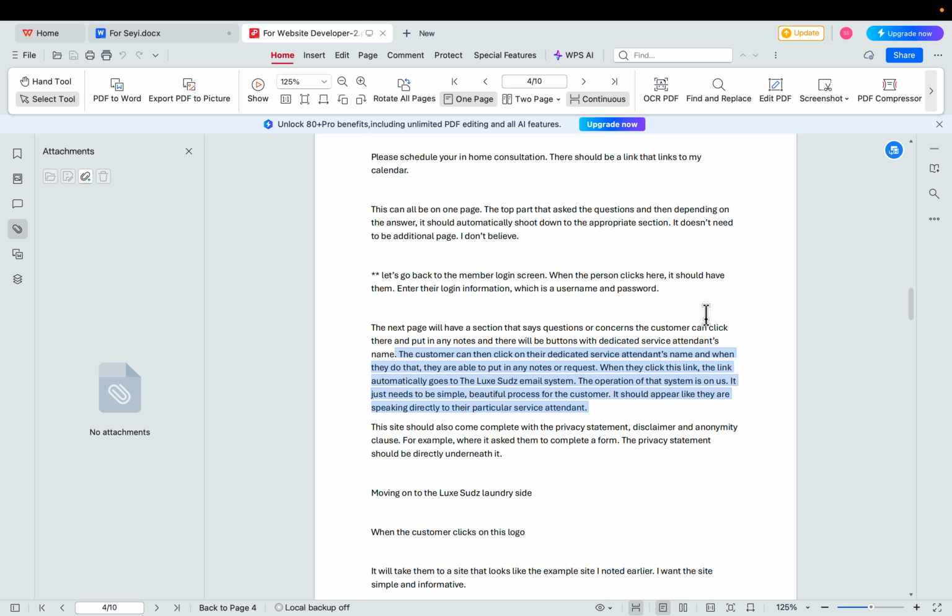I want them to get that concierge feeling all the way through. Even though this is just coming to us as a simple email, I want it to look like this is special for me. You get what I'm saying?